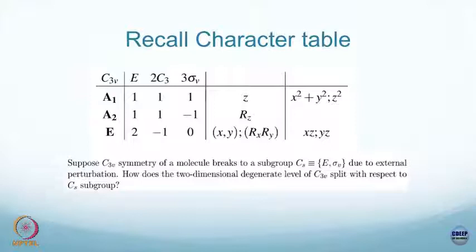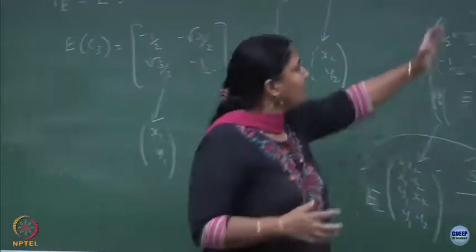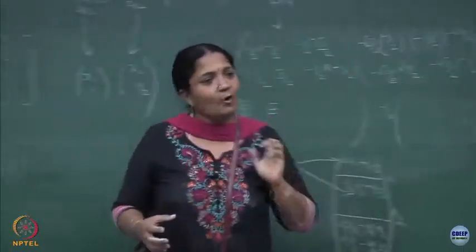This also I was telling you: typically a system will have a bigger group and then you break it up into a smaller group. Okay. This you can try out, and there was one more assignment problem which we are supposed to do, and take a look at this. Essentially you will have a system, and a sudden perturbation will break it up into a lower symmetry system. Once it does, whatever irrep in which the system was, it becomes a reducible representation and it will break up into irreps of the lower group representation. Okay. So, this is what will happen in nature.